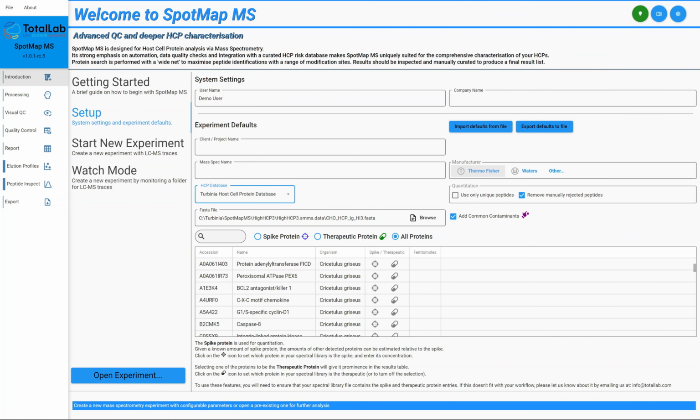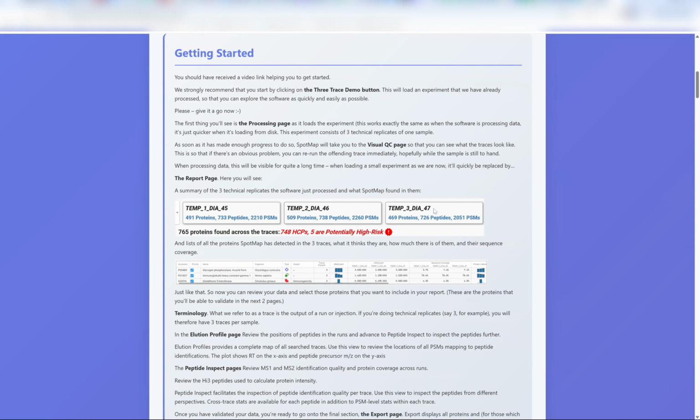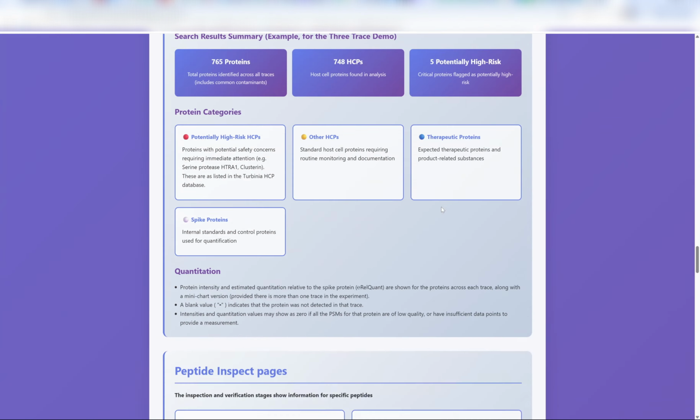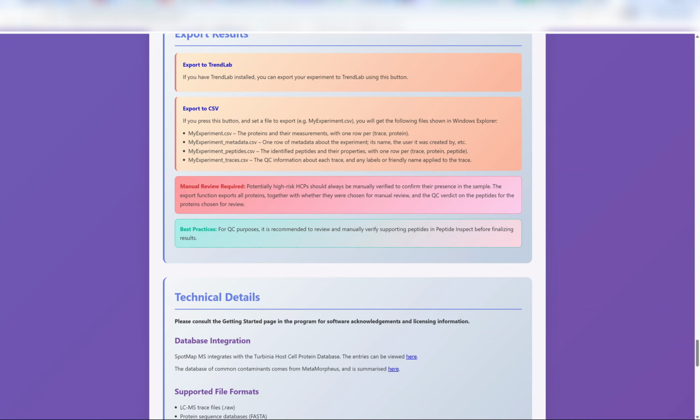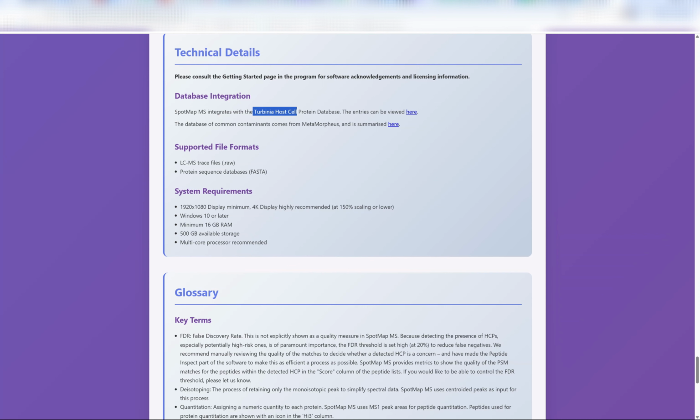We do actually allow users to see all the information that we're using as part of this database and as part of the common contaminants file that we use as well. So if we come into the help documents here and we scroll right down to the bottom, you can download a full CSV of the Turbinia host cell protein database and the database of common contaminants, which comes from MetaMorpheus,